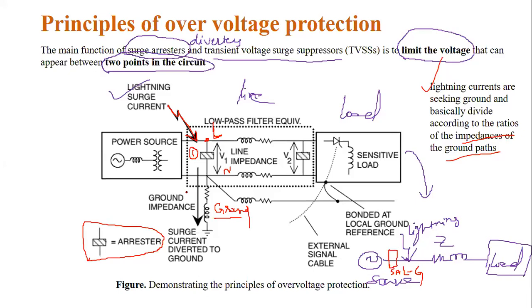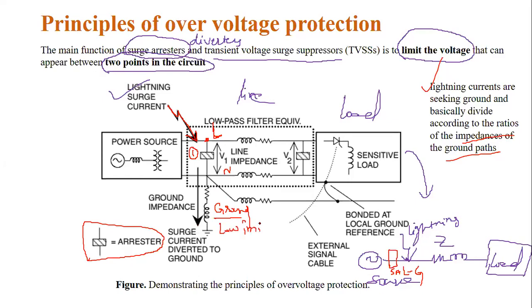Whether the ground has a low impedance path or a high impedance path, or whether that ground is near any water sources or any moisture in the environment. You are considering all the factors while grounding the line to ground. Because this ground will provide the